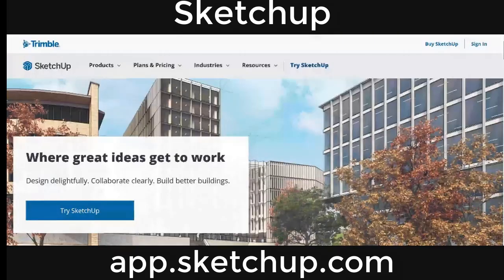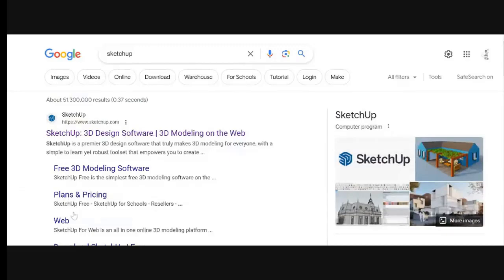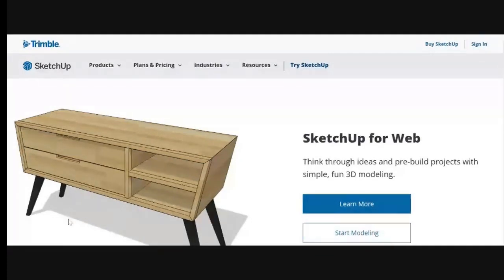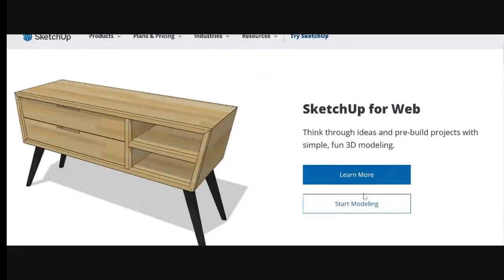What we're going to do is when you search SketchUp and look below, you'll see web. If you click on it, it will open up the web version, and you can start modeling. Okay, so once we click on that, it will bring us to the web. This will bring us to start modeling. So if we hit start modeling,